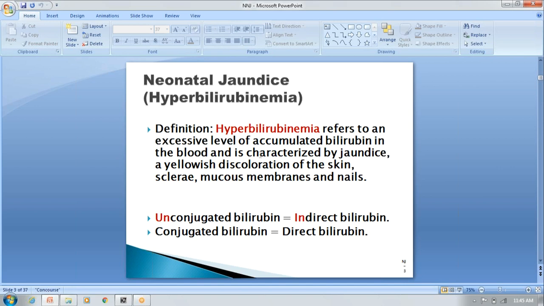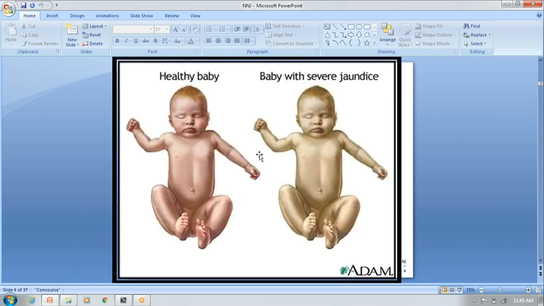There are two fractions of bilirubin. One is conjugated and another one is unconjugated. The unconjugated fraction is most important in the newborn. When it crosses the blood-brain barrier, it may damage the CNS. The CNS areas mainly involved are the basal ganglia, hippocampus, the auditory or cochlear nuclei, and even the cerebellum. When these areas are involved, we will develop kernicterus, and later they may land in cerebral palsy also.